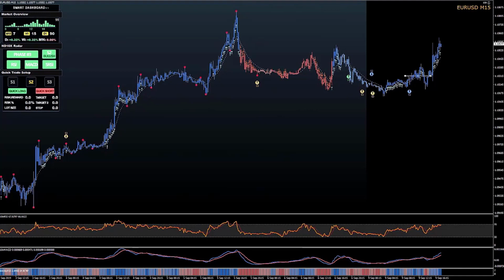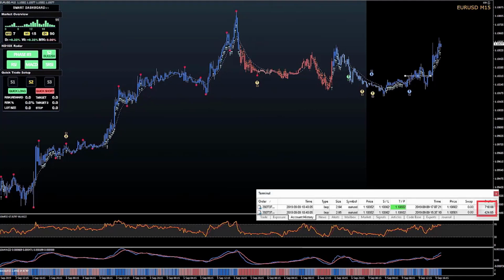Let me bring the terminal window so we can check profits together. Euro dollar made us a nice